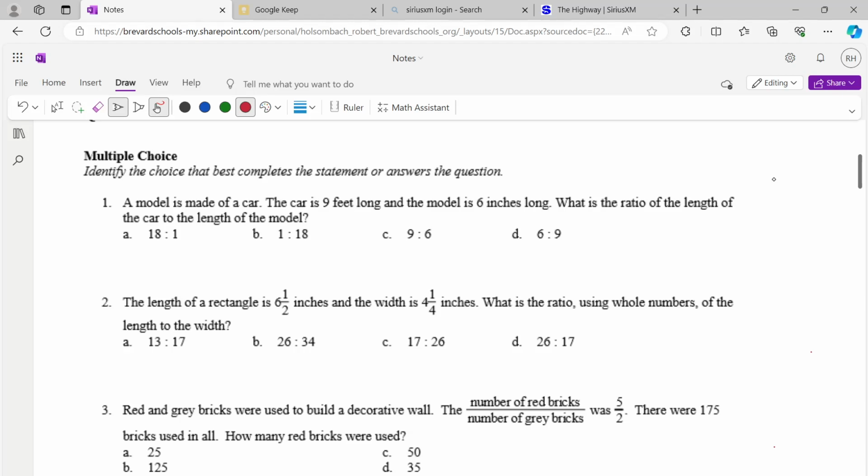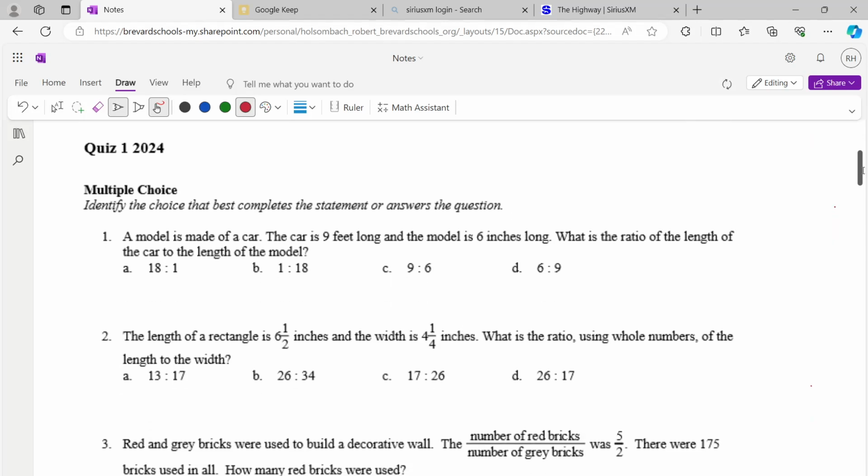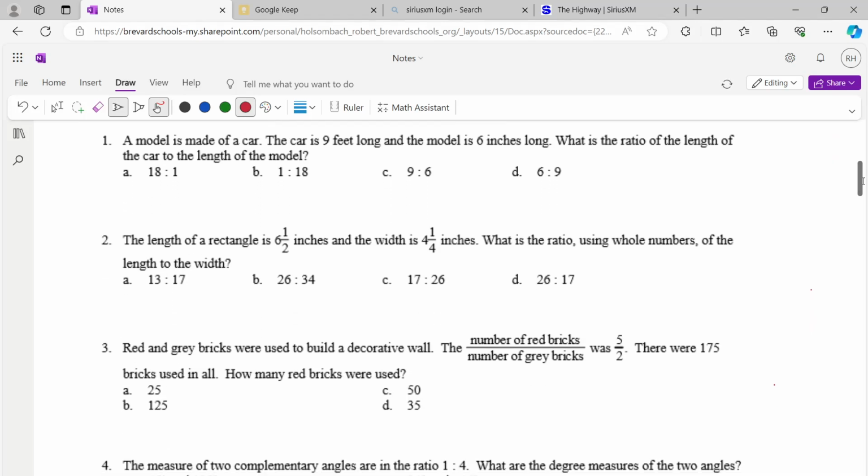All right, so we're back to the Quiz 1 study guide, but of course for 2024. So problem number 1 here, the question asks,